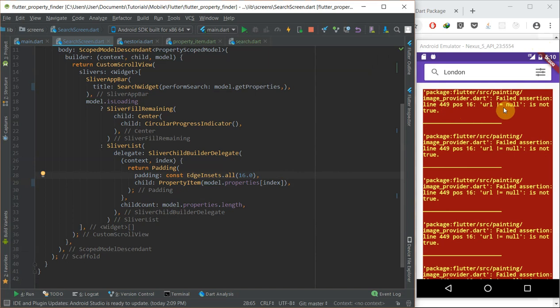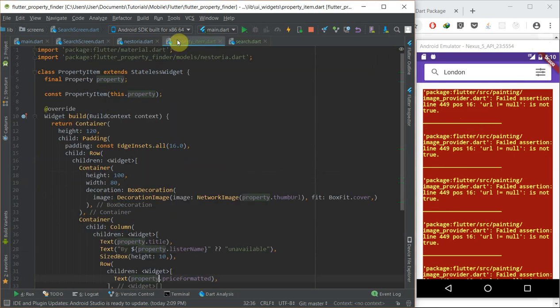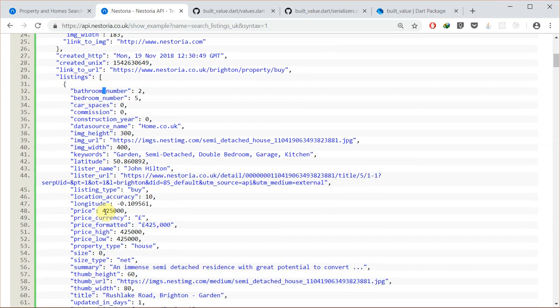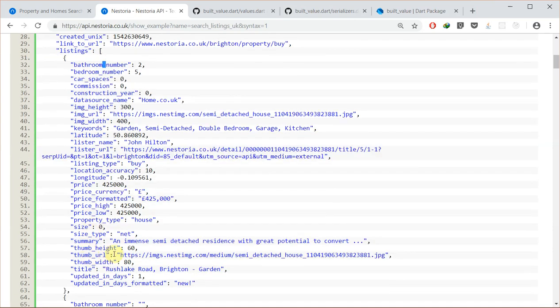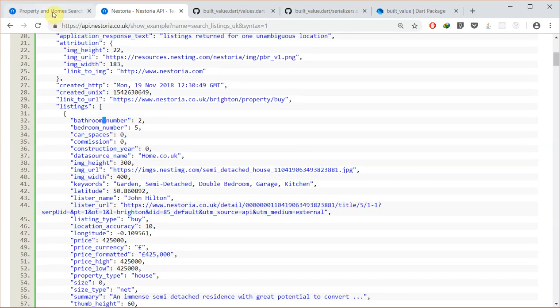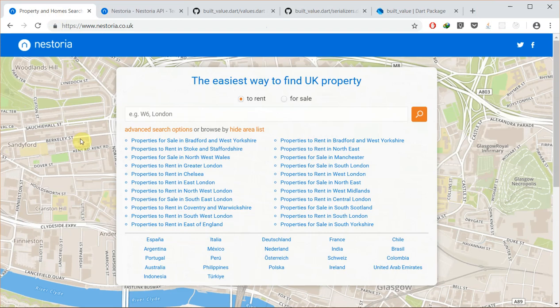URL not equals to null, blah blah blah. So there are some image URLs, some thumb URLs from this property item, this network image. There are some thumb URLs that are null from the API. So not all of the API has this thumb URL, and from this Nestoria, I think